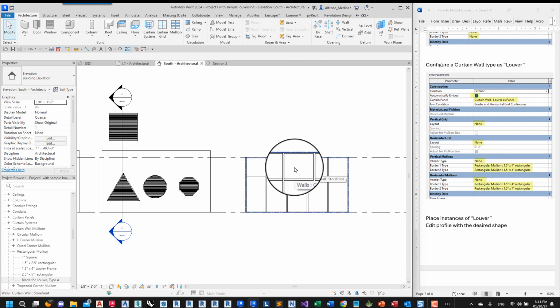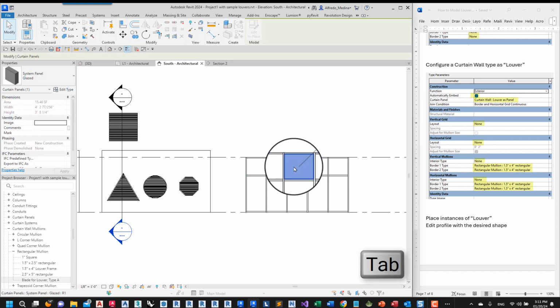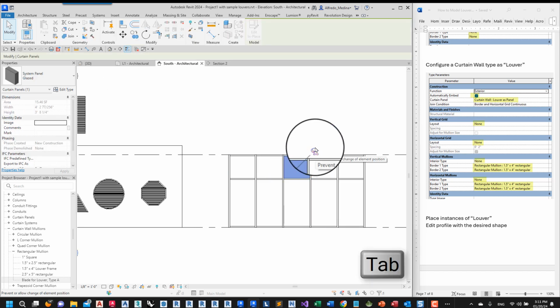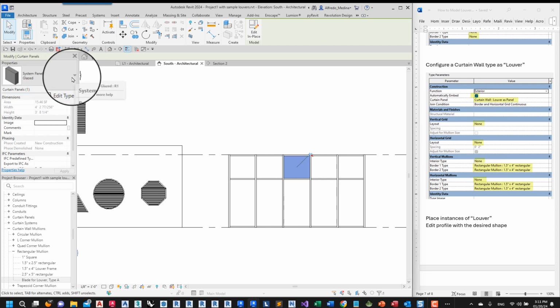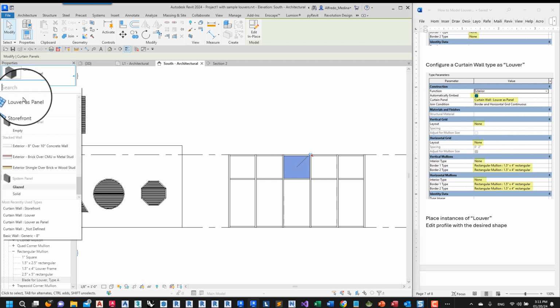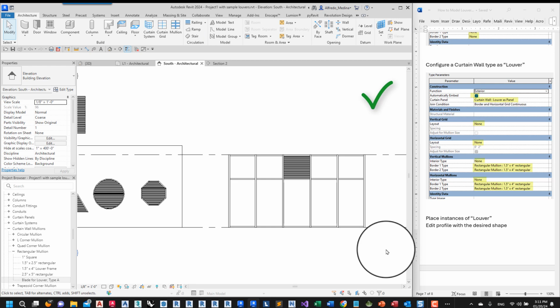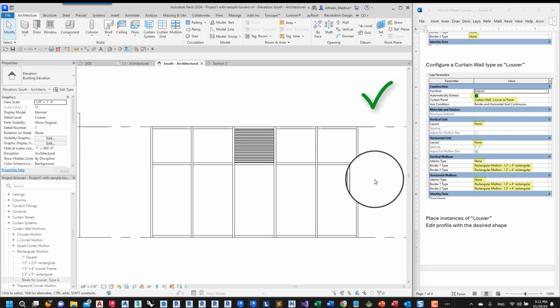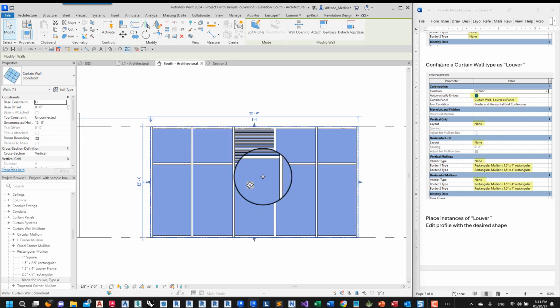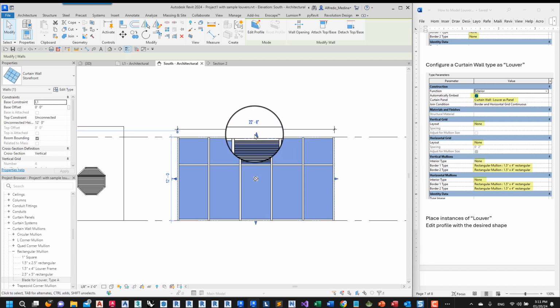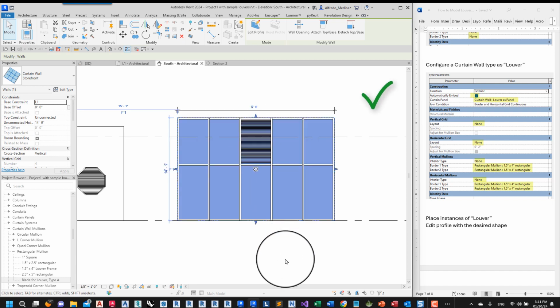Then you simply use the tab key to find that panel, unpin the panel, and go here to the properties and select louver as panel. And now your storefront has a louver that, of course, adapts to the size of the panel as any other panel like this.